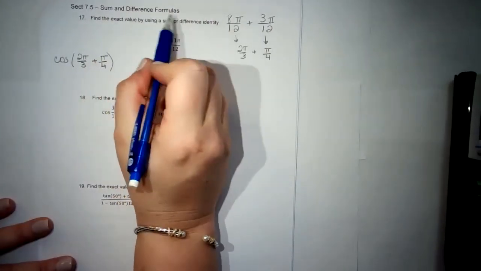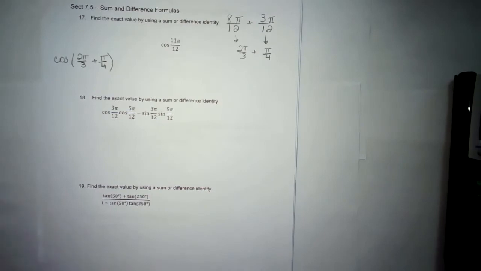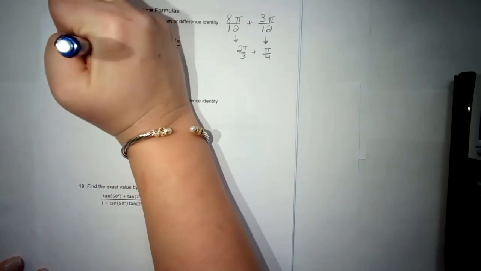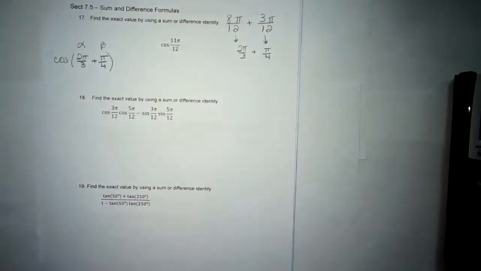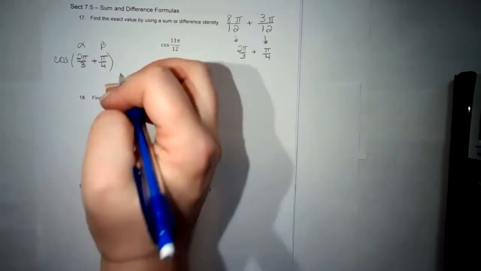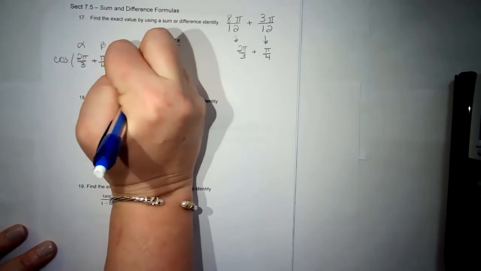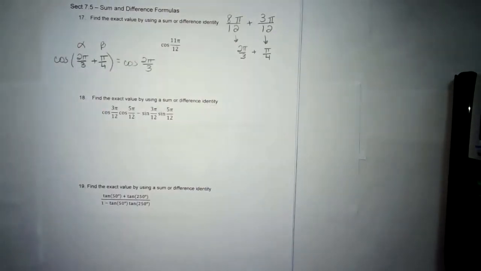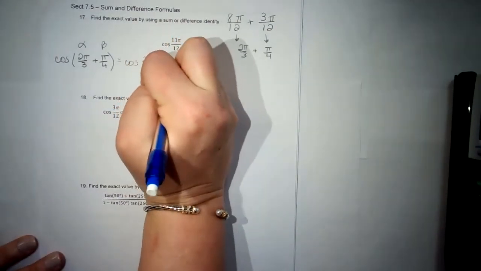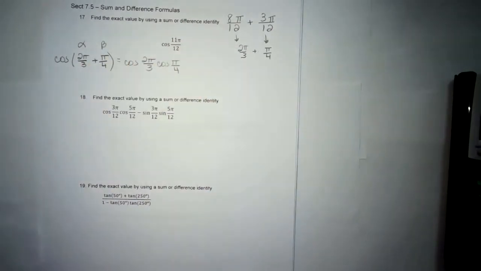It says sum or difference formula. There we go. So I chose the sum. So this is the one I'm going to be using. You're going to need all 4 of these on your test, but this is the one we're on now. So this first one is alpha. Second one is beta. Okay, so according to this, I want cosine alpha. Okay, that's going to be cosine of 2 pi over 3. He's going to multiply by cosine beta, which is cosine pi over 4. Okay, then I have a minus,